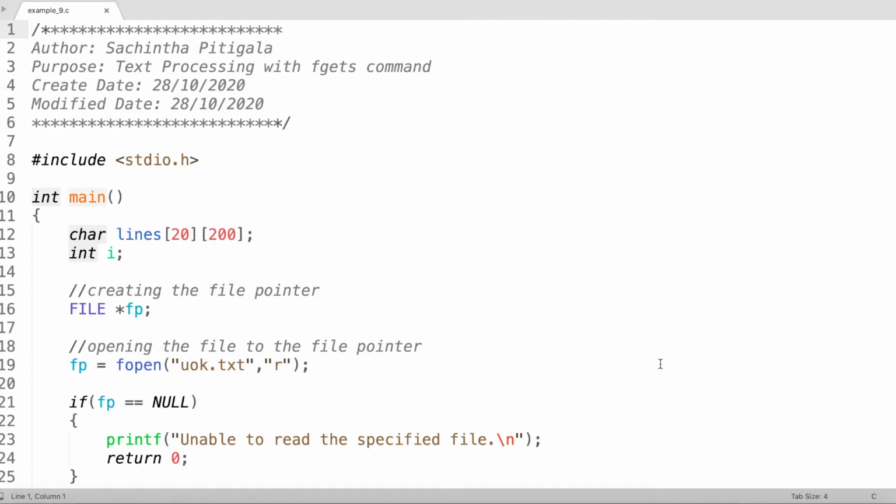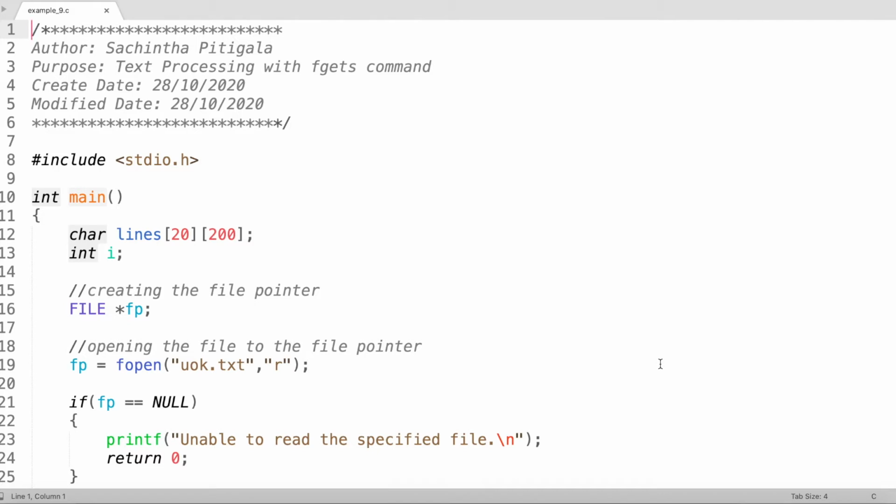tab and new line characters. If you remember, we have used fscanf with the percent-s placeholder to read a sequence of characters. But when fscanf reads a sequence of characters, it delimits the sequence by a space, tab, or new line character. Using fscanf with percent-s, you cannot read a sequence of characters including spaces. Something like a complete sentence you cannot read using fscanf with percent-s.